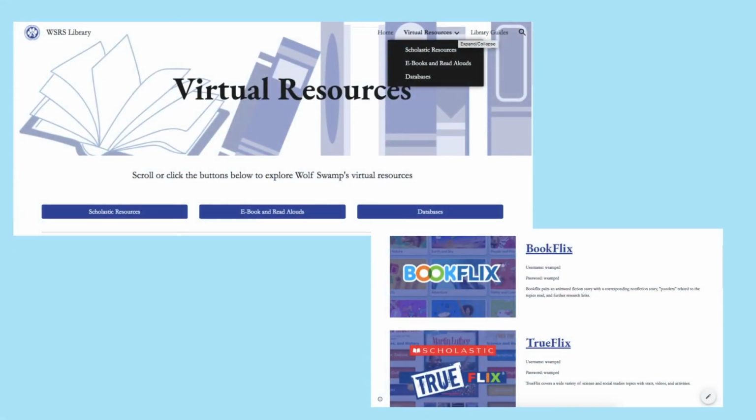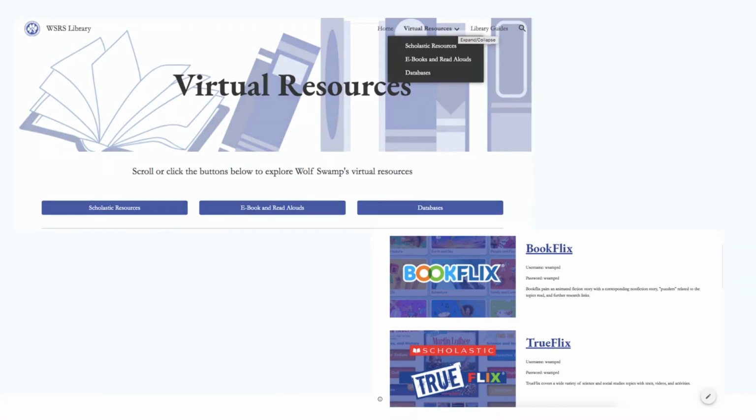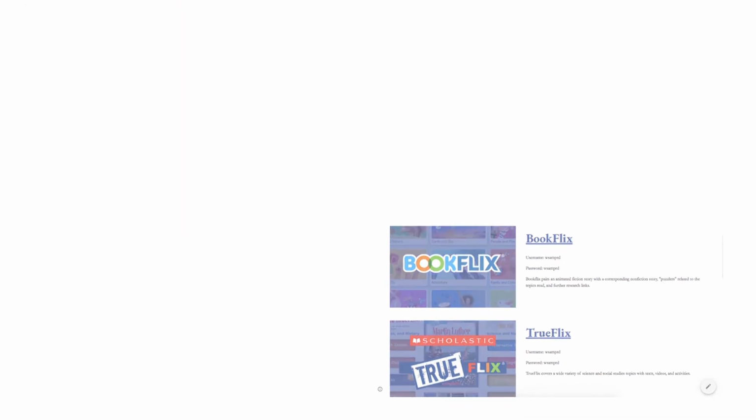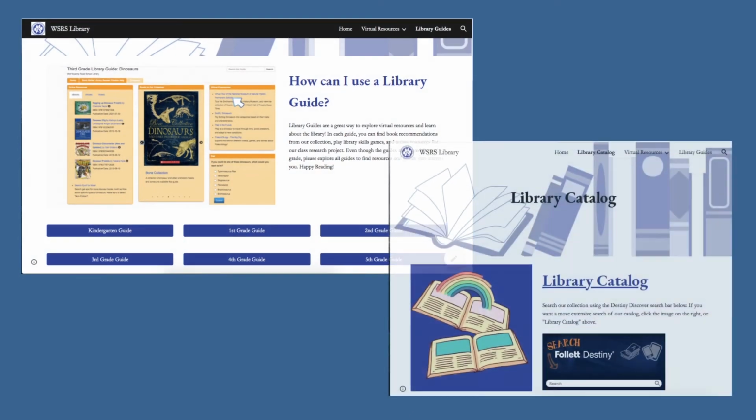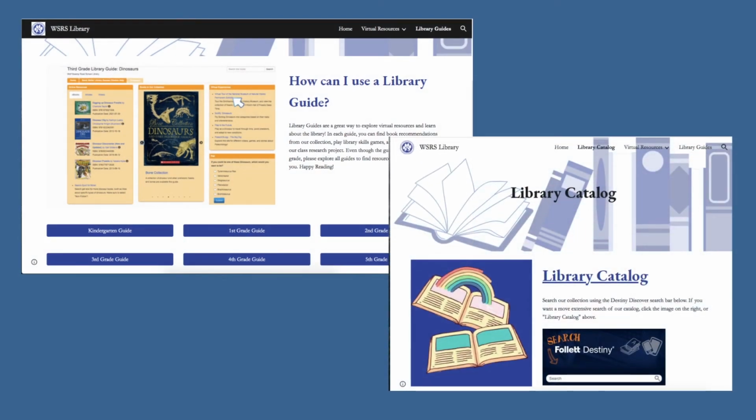Here's our virtual resources tab with a few examples. I made icons with the logos of those resources, and I tried to make it have a cohesive look using the school's colors. And here are two more pages, our library guide links that I developed last time for our capstone, and then